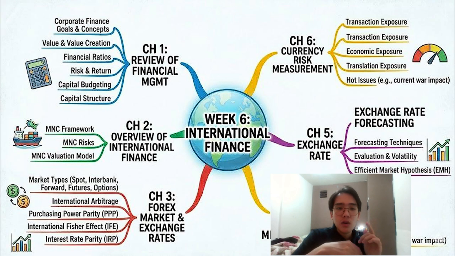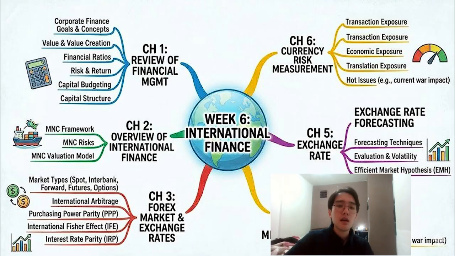Basically, in this chapter, we look at international arbitrage, which involves capitalizing on price disparity to make a riskless profit. You already tested us on this in a quiz, and of course in the midterm exam. There are three types of arbitrage. The first is locational arbitrage, which ensures exchange rates are uniform across different banks. The second is triangular arbitrage, which ensures cross exchange rates align properly. And there is also covered interest arbitrage, which ensures forward rates align with interest rate differences.